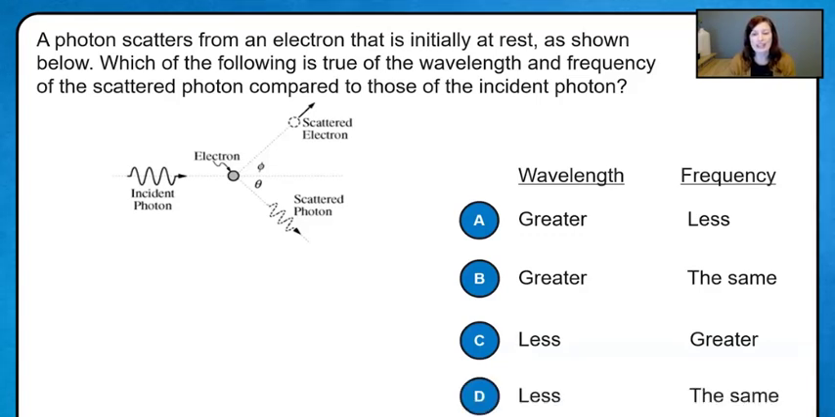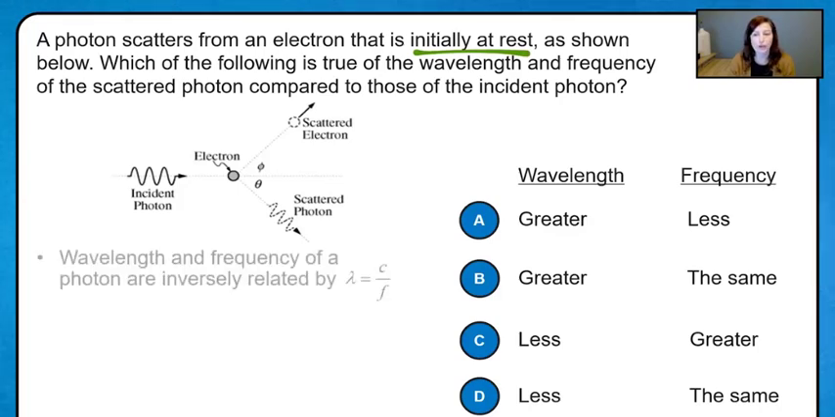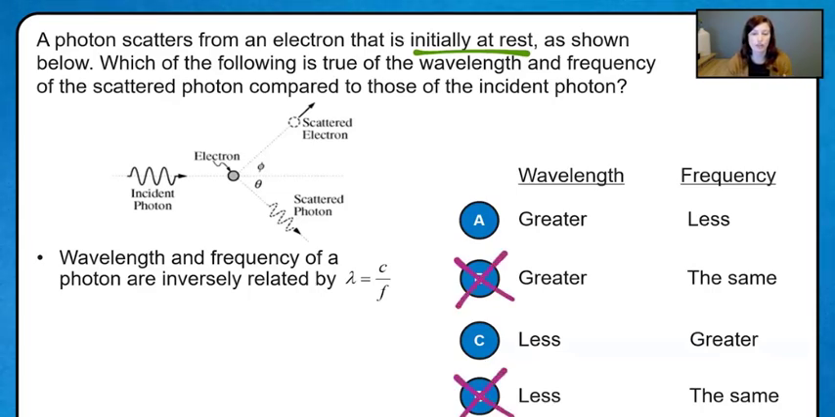Or D, is it that the wavelength is less and the frequency is the same? So the electron is initially at rest. So let's remember that we know the wavelength and frequency of a photon are inversely related by wavelength equals speed of light in a vacuum over frequency, where the speed of light in a vacuum is a physical constant. So right away, we can eliminate choices B and D because they don't show an inverse relationship